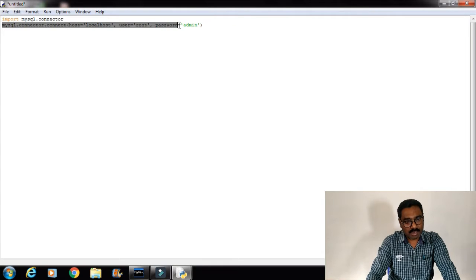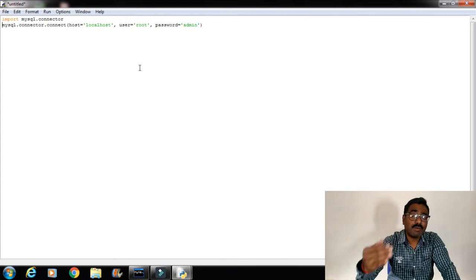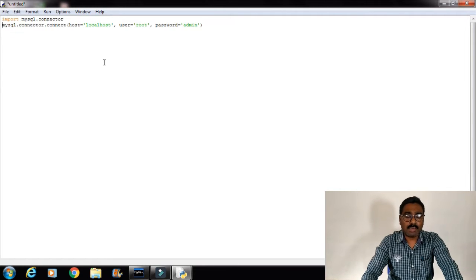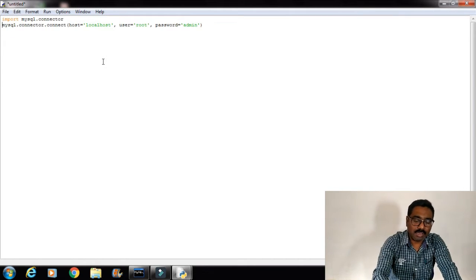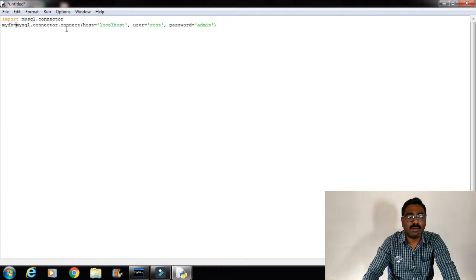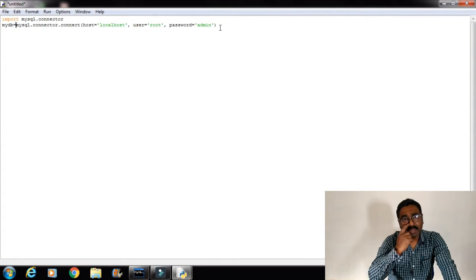When we are executing any command, this particular statement will help the command to execute in the MySQL prompt. This much is okay, but it is better to store this command in a variable. So I am using a variable over here, mydb. You can use any variable name. mydb is equal to mysql.connector.connect, host is equal to localhost, user is equal to root, and the password is admin.